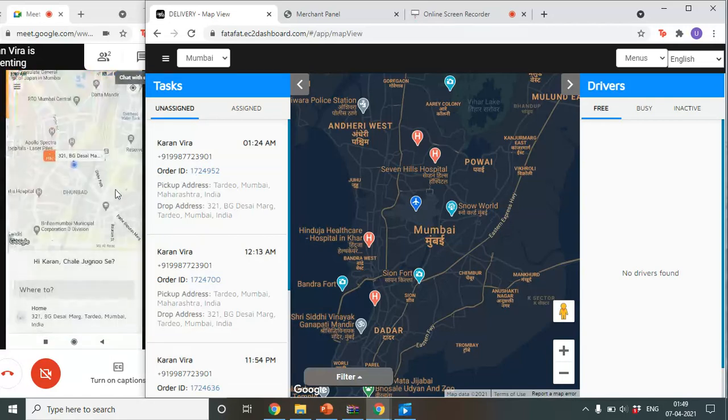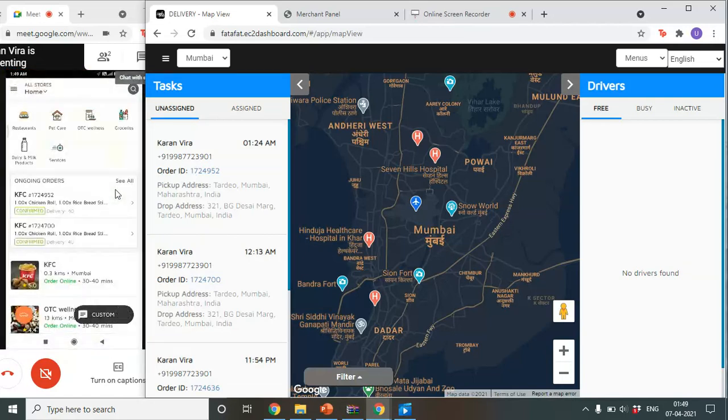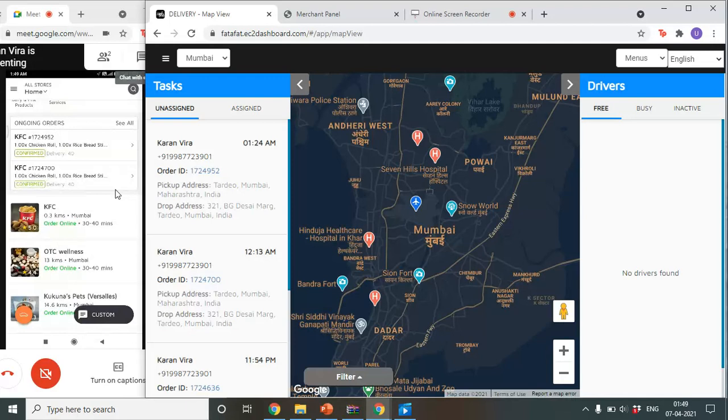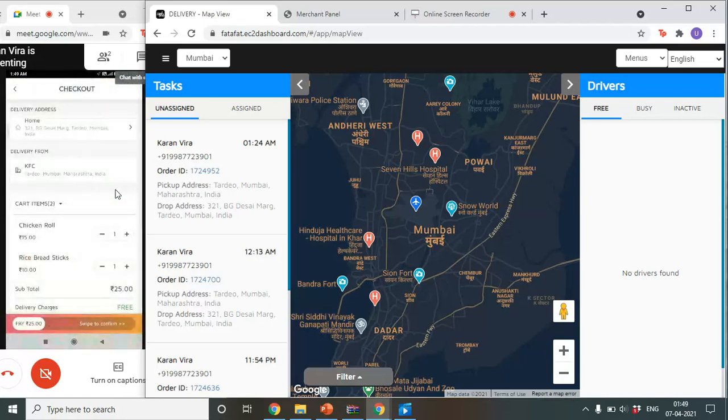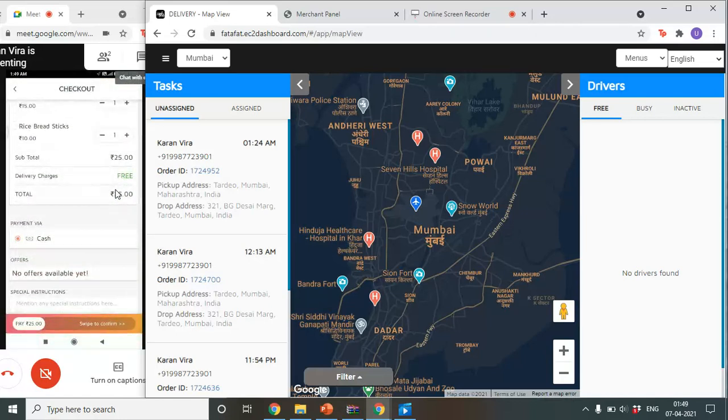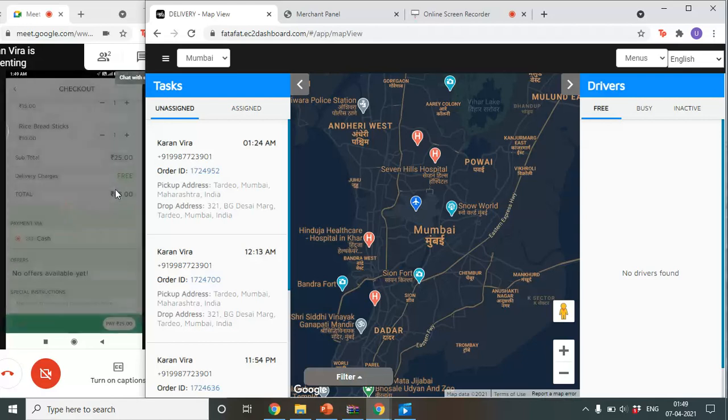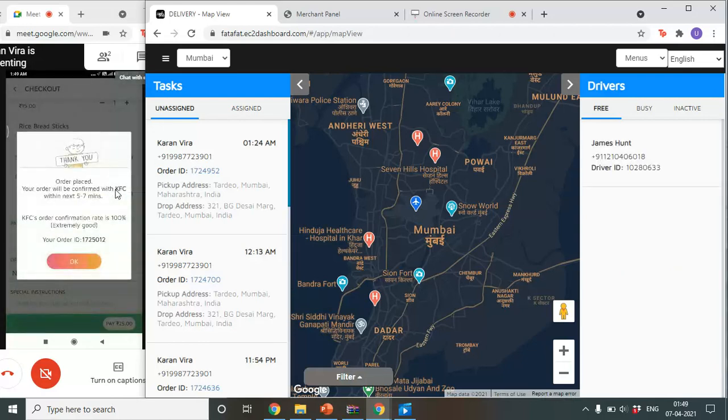So I'll go to delivery. I'll select KFC and I'll order all the items that I want. Proceed to checkout, and then I'll swipe to confirm. And then when I press OK,